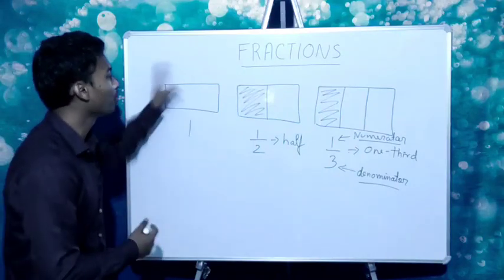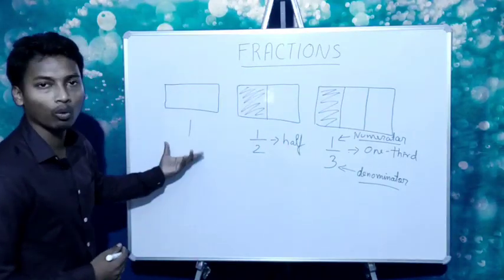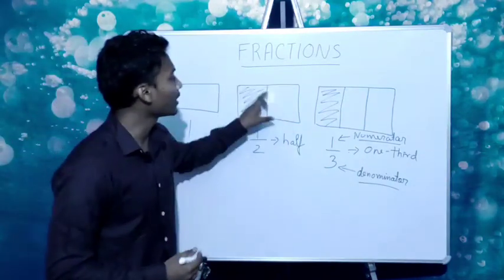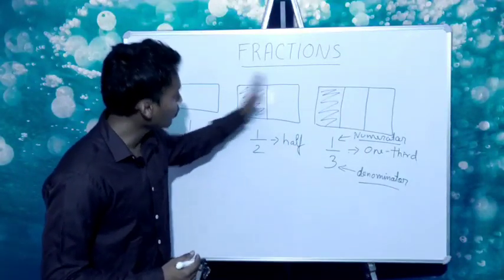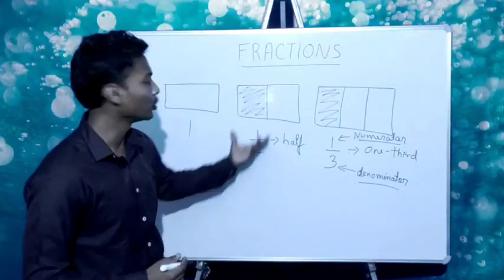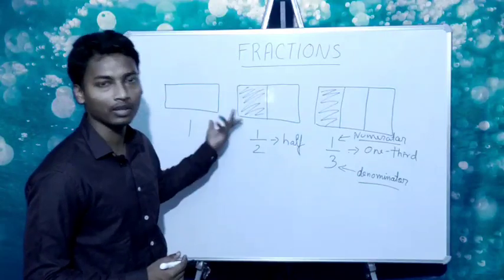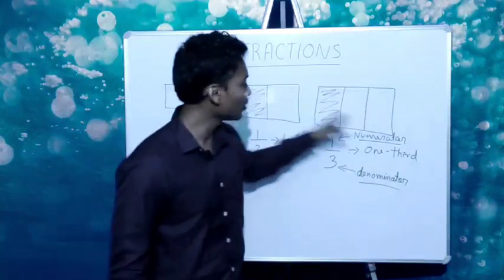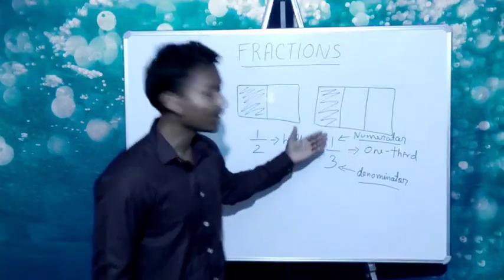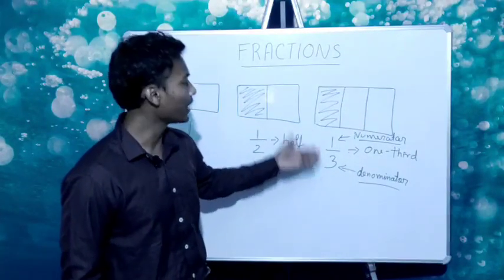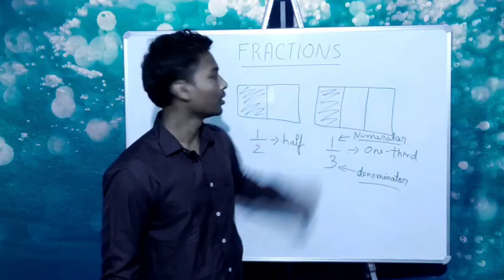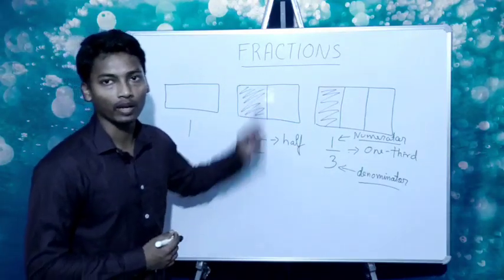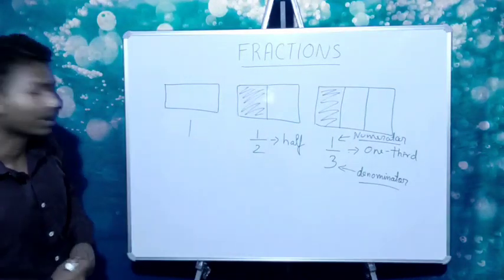If we were to select the whole part, it means the 1, right? If I select the entire part here, so this is 1/2, entire will make 2 by 2, that means 2 divided by 2 is 1, so it means the whole rectangle. Here also if I take all the three parts, that means 3 by 3, so 3 divided by 3 is the entire rectangle, that is 1, right?